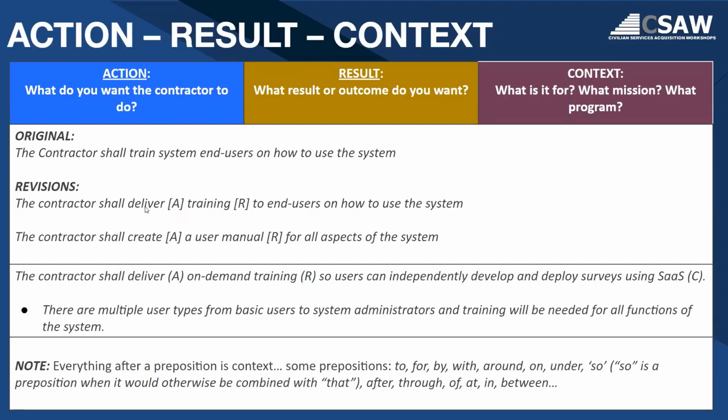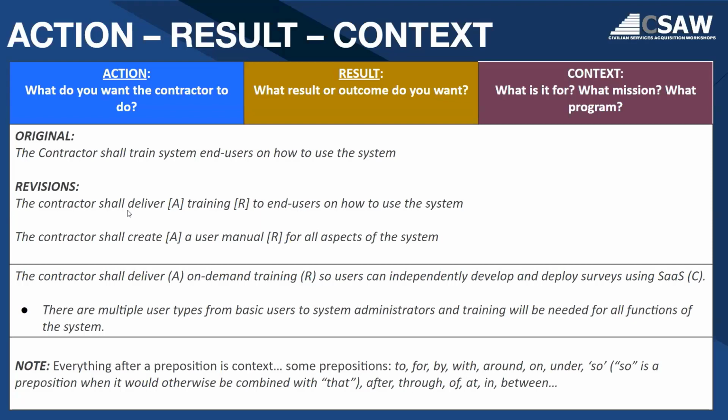Now, that is different from, for example, the training requirement here, because when we say the contractor shall create training curriculum on all aspects of the system, et cetera, okay, they're creating training curriculum. They're creating that. We don't want to say the contractor shall create and deliver training curriculum because we want an intermediate step. We want to be able to evaluate the training curriculum first. Is that training curriculum comprehensive? Does it cover all of the learning objectives that we've identified? And then if it does, and we're okay with that, then we might have a statement that says the contractor shall